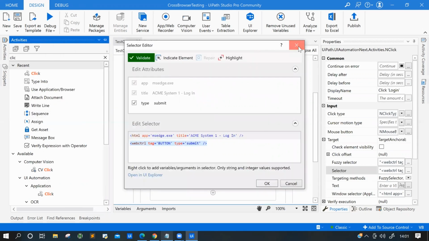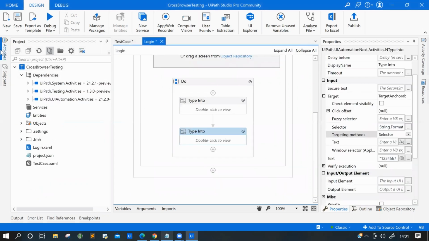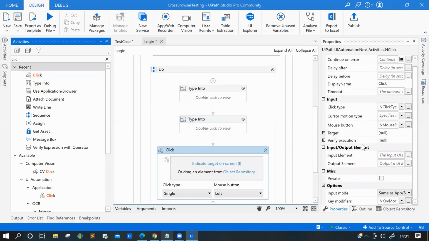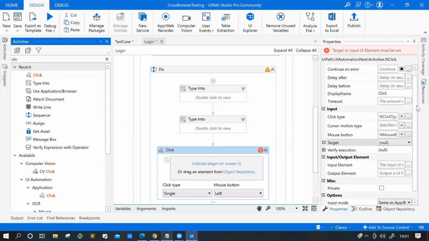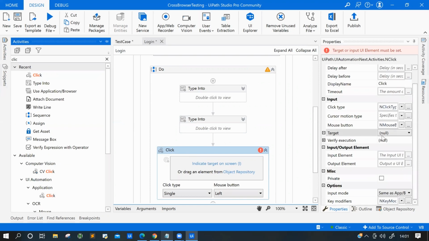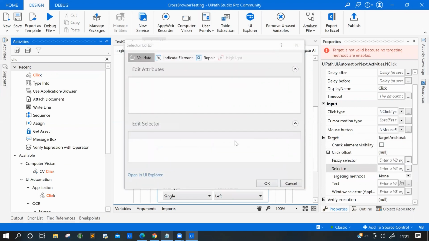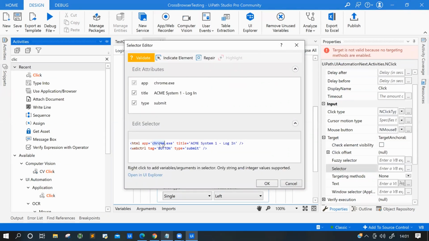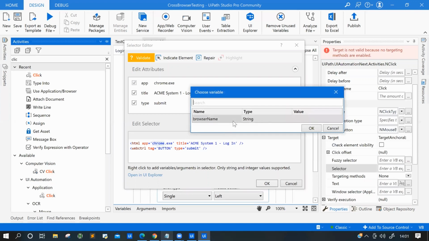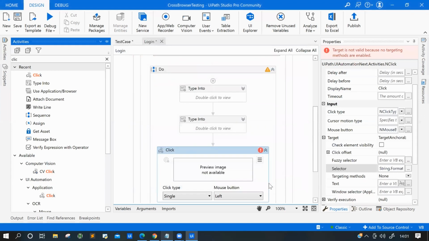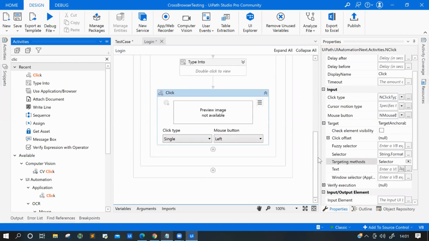And same thing, you have to drag and drop here the click activity, or else you can directly copy from there itself. It totally depends on you how you do it. And then again here, I'm going to take my browser name, and then I'm going to select the target method, which is selector. Okay, so now my script is ready.